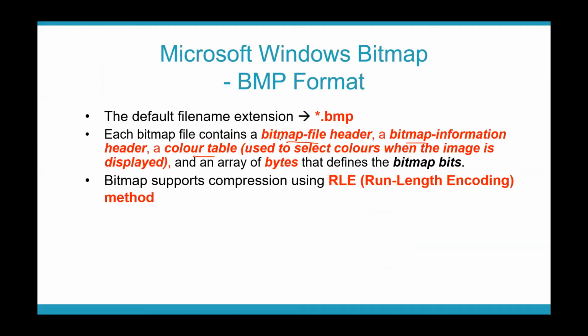As I said, it has three sections. The first section is a file header. The second section is an information header. And the third section is a table called a color table, which contains all the information related to the colors being used in that particular image. Basically, a mapping of what colors are used in that image is stored in the color table. So every bitmap file will have these three sections: a file header, an information header, and a color table which will contain the color information.